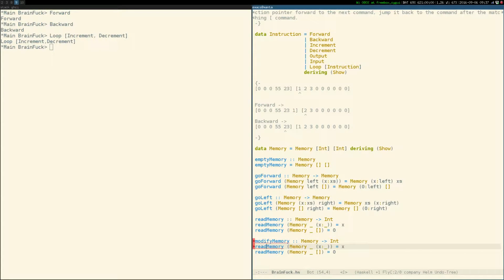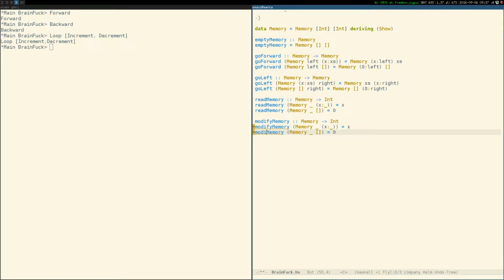Modify memory takes the memory, and I want a function which takes the memory and a modifying function. So it will take an int and return an int on my memory. So modify memory, f, the modifying function, a memory with a left side we don't care about and a right side we care about, and we'll modify the first element of the memory. Memory left. We care about the left side, actually, we want to keep it. Memory f, the